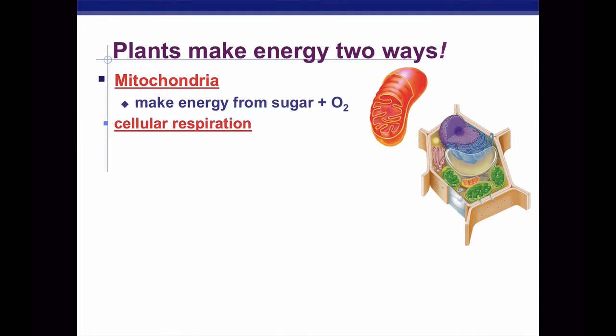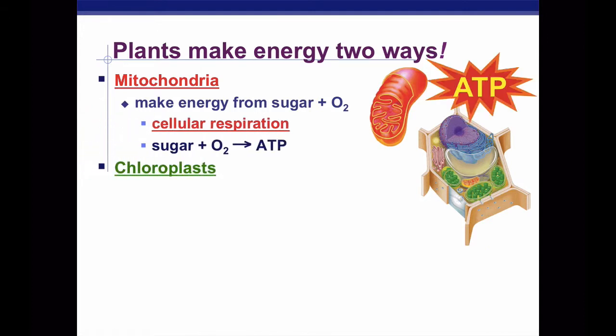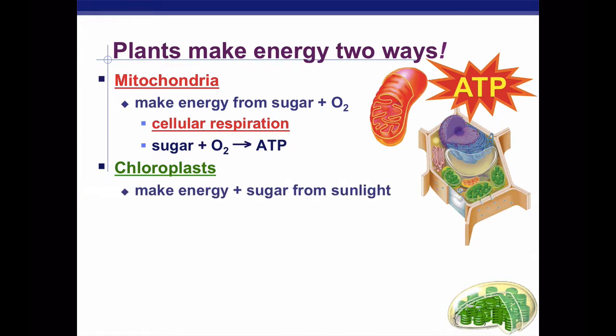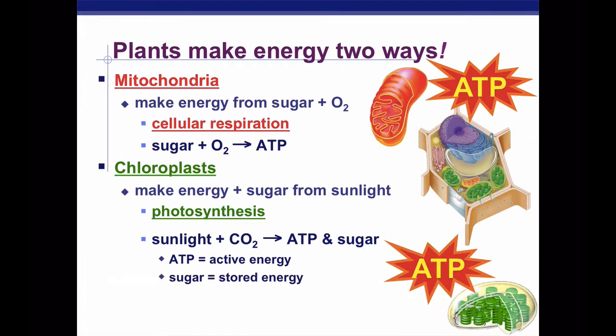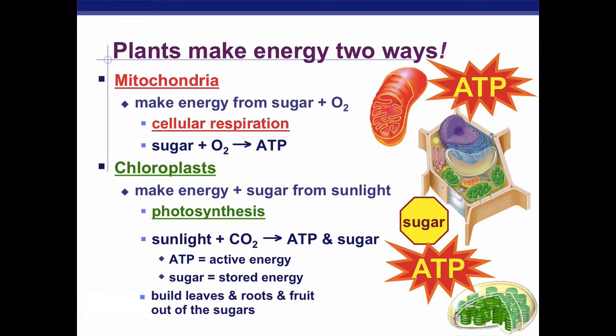So we've talked about mitochondria, and plants have mitochondria, and they also have chloroplasts, which some protists do as well. It's making energy and sugar from sunlight. And remember, plants have to make their food, and then they have to use their food for their energy through cellular respiration. So instead of eating, they go through photosynthesis. And sugar is a stored energy, and they're going to use the energy to build leaves and roots and fruits